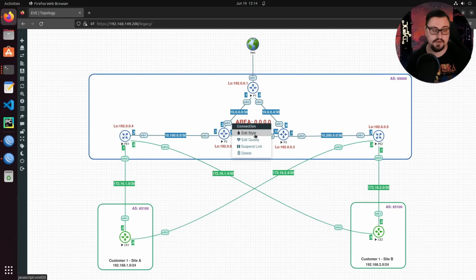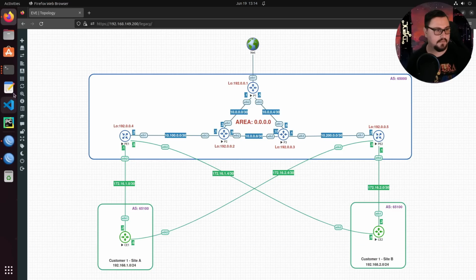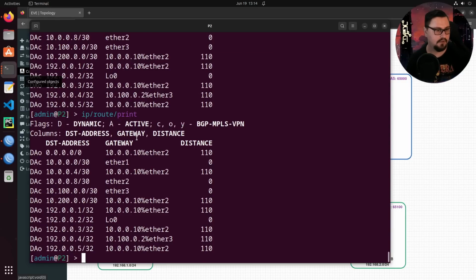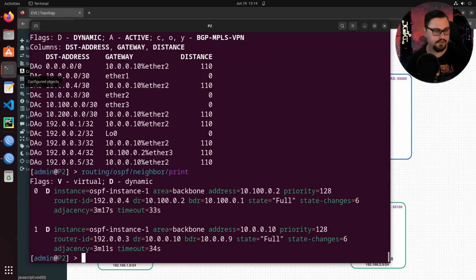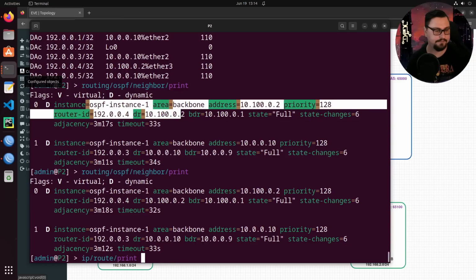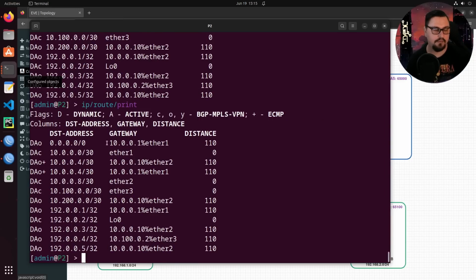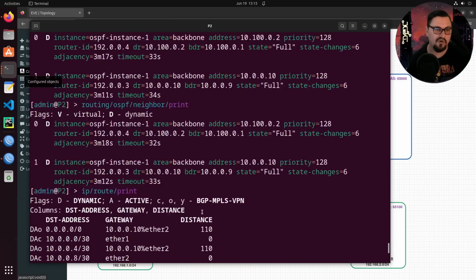It will just pick up very quickly as well that the link has recovered, which is nice. So apply and save that. If I go back, I can just look at the neighbors, wait for the neighbor to come back up. We see it is back up. And there we go. So that took also just a couple of seconds, but that's more or less just because of